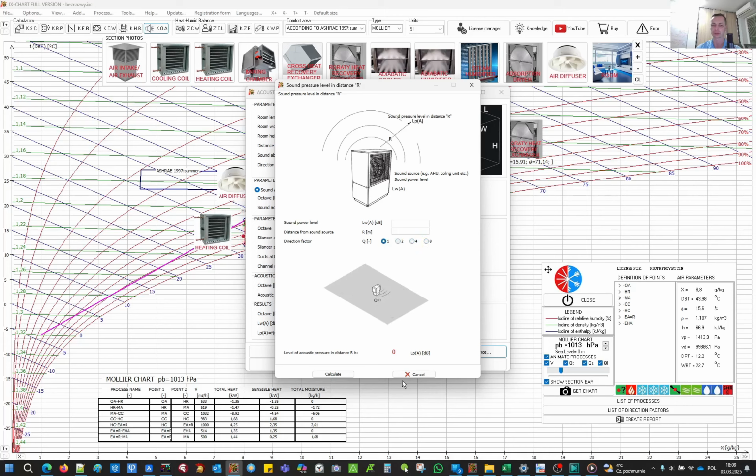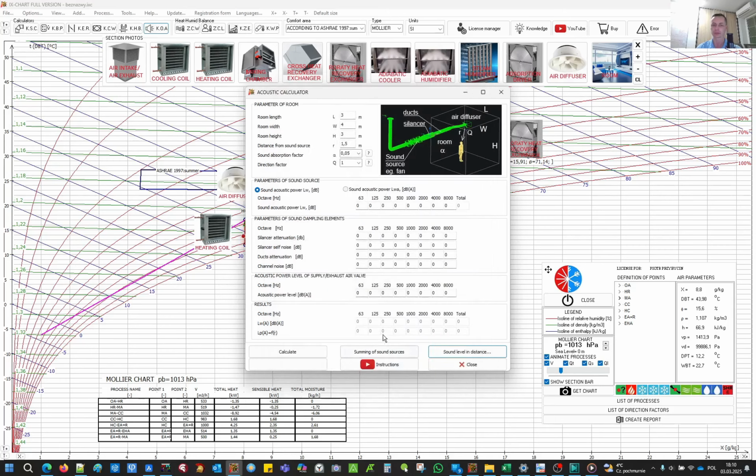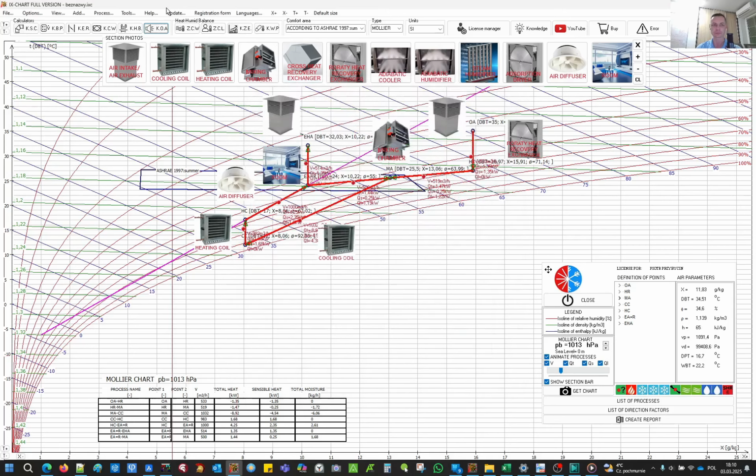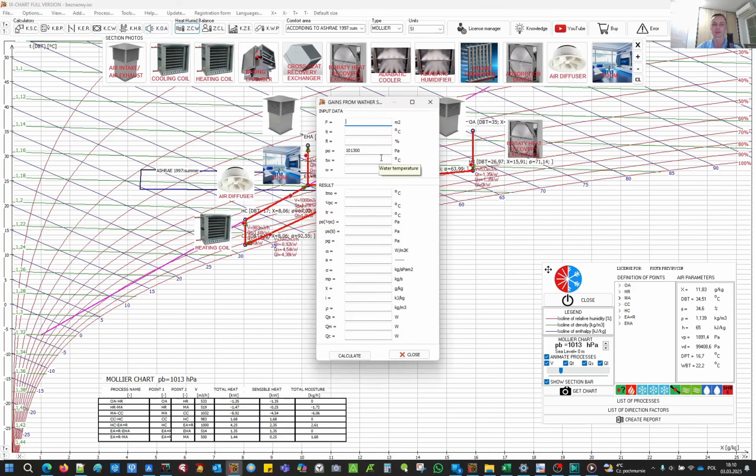And smaller restrictions of attenuation. This is important because engineers often face the problem of having to determine some level of sound pressure at a distance from the property boundary, so as not to disturb the neighbor's peace, that kind of thing. Next we have a calculator for gains, heat and moisture from some surface, where we can hypothetically assume